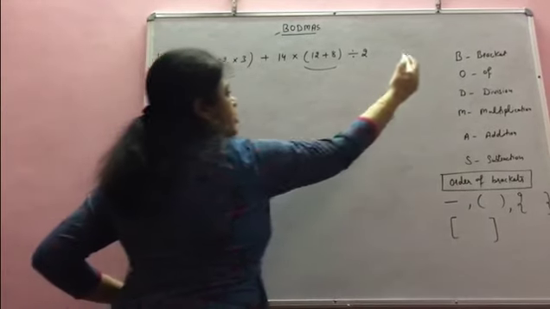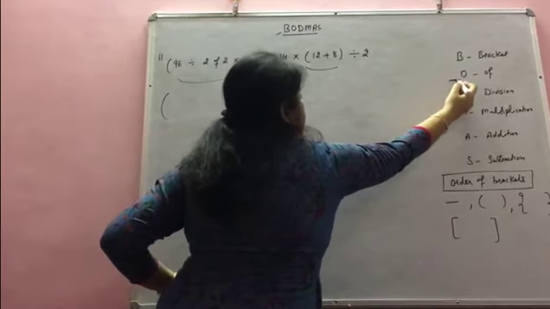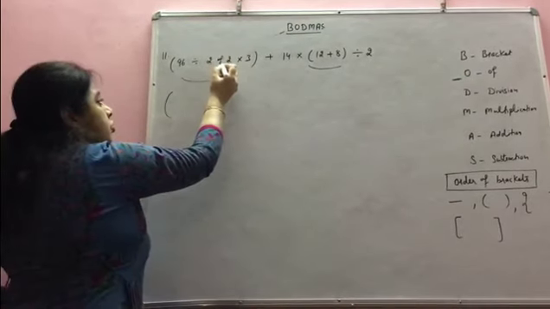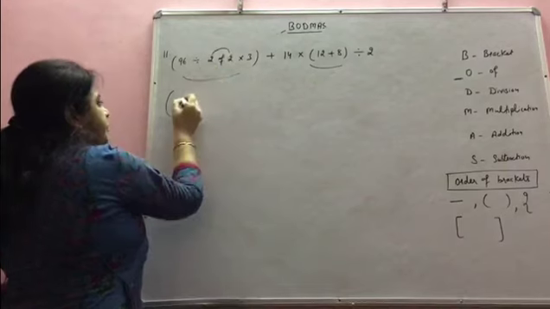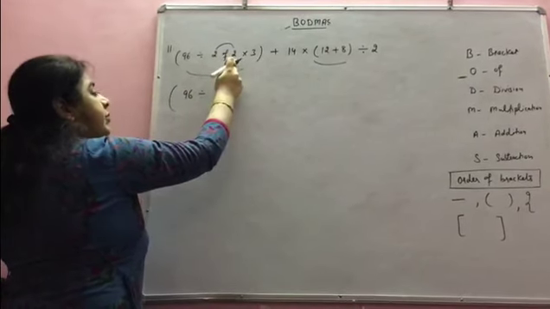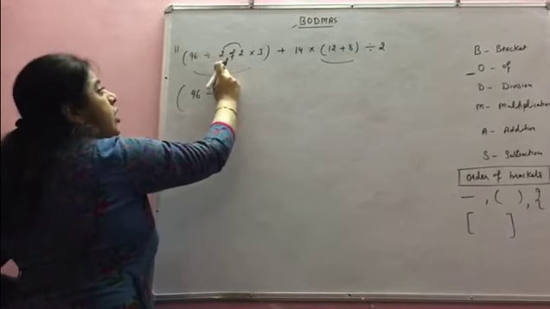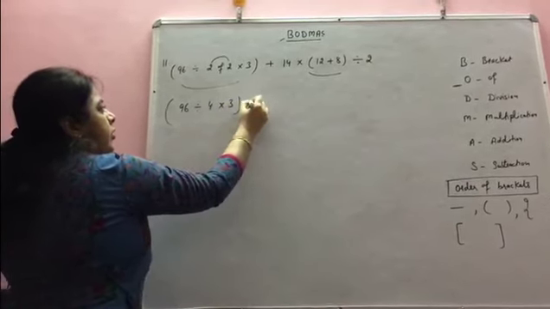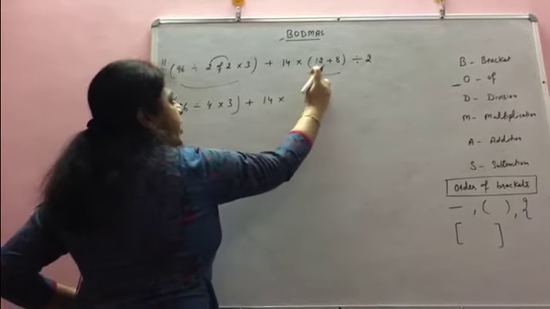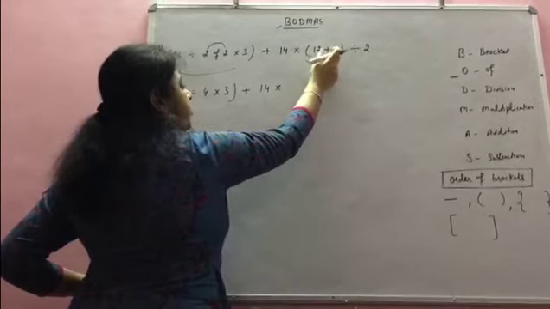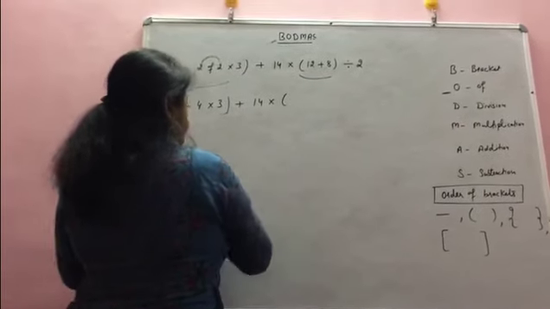According to this, what will come first? Of, which is an operator which shows multiplication. So don't put multiply, just solve it. 96 divided by 2 of 2, where 2 of 2 means 2 multiply 2. Just keep in mind and solve. So 2 of 2 means 4. And now solve this bracket. 12 plus 8, because this is not linked with this, it's separate. 12 plus 8 is 20.